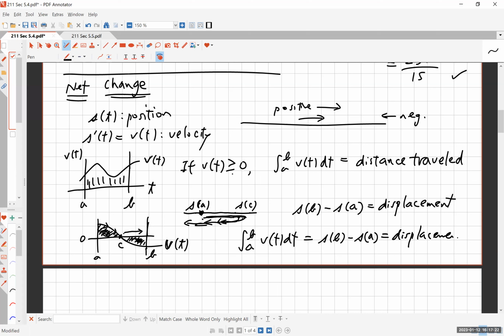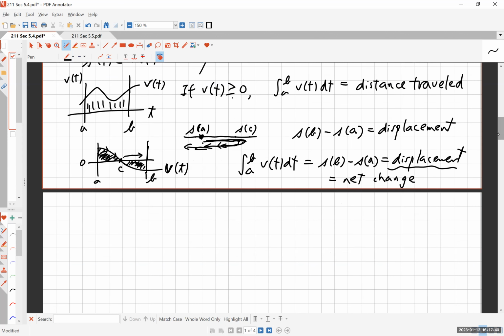It's going to tell you the net change. Remember, the theorem described here in this book is called the net change theorem, and it's got some fancy language which you don't need to worry about. It's basically net change, and the term net change refers to the displacement. In other words, where did you end up relative to where you started? Okay, that is the net change or the displacement, and it is described by